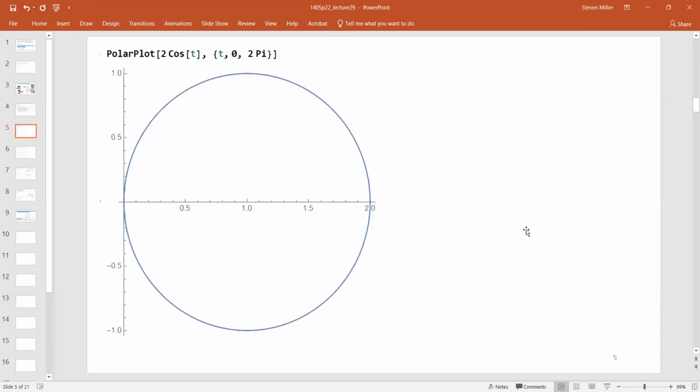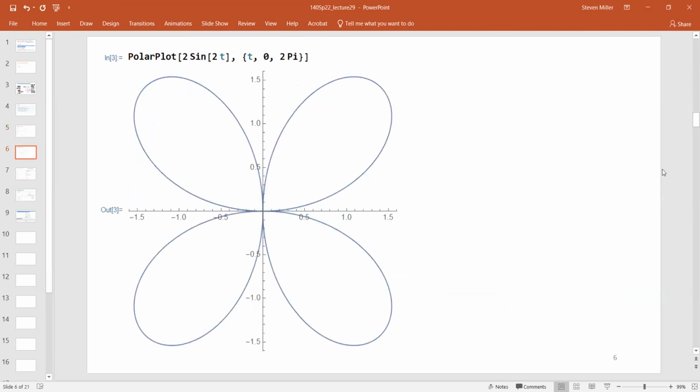And so for instance, this is the polar plot 2 cosine t, t goes from 0 to 2 pi. This is exactly what we had a moment ago. And then here's the polar plot 2 sine 2t, which we were talking about a moment ago. Let's actually